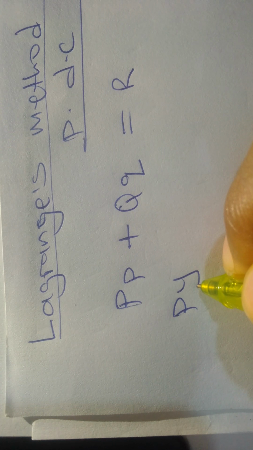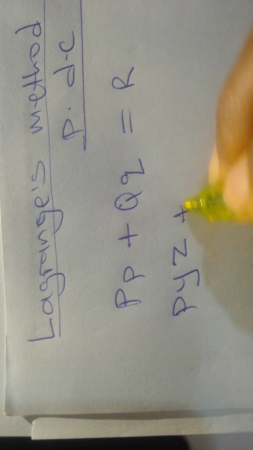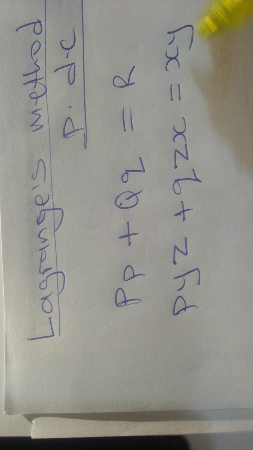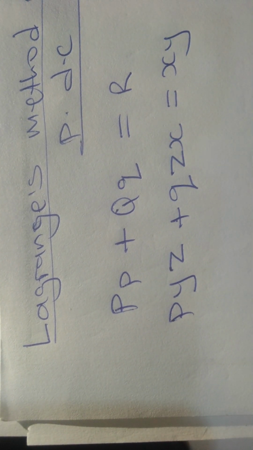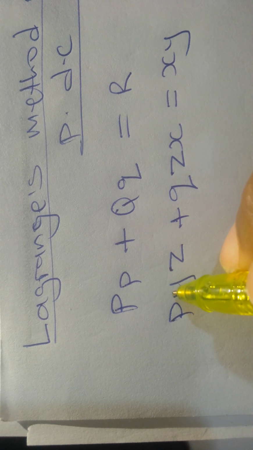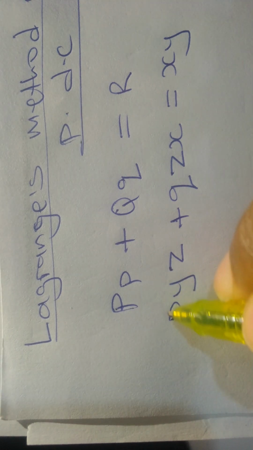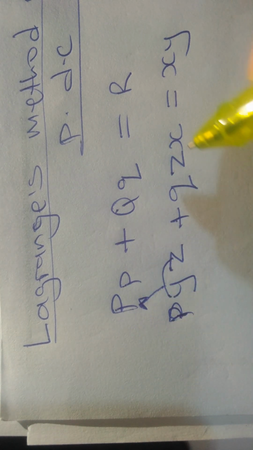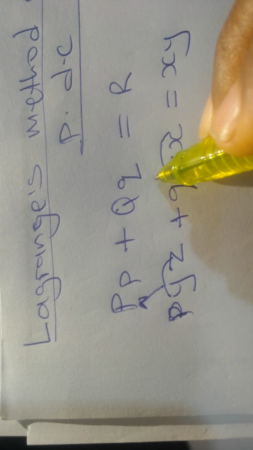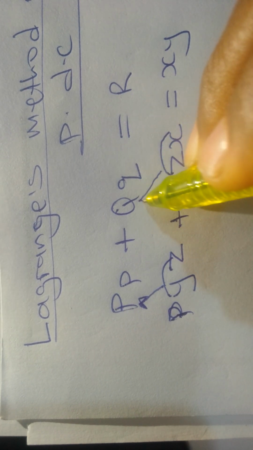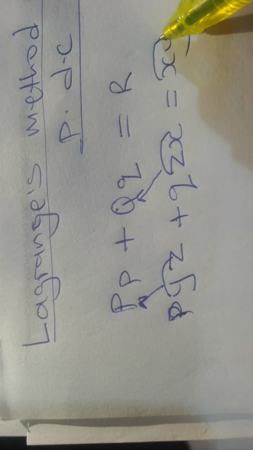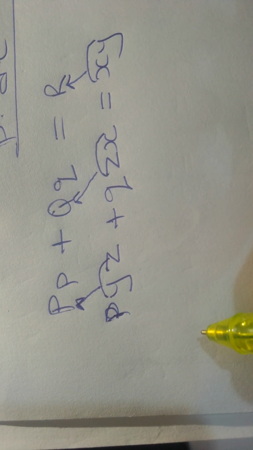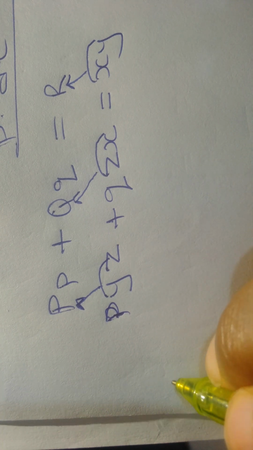p yz plus q zx equals xy. If you compare this equation given to us with the Lagrange equation, you will realize that this yz is equivalent to capital letter P, zx is our capital letter Q, and xy is our R. So if we substitute this into